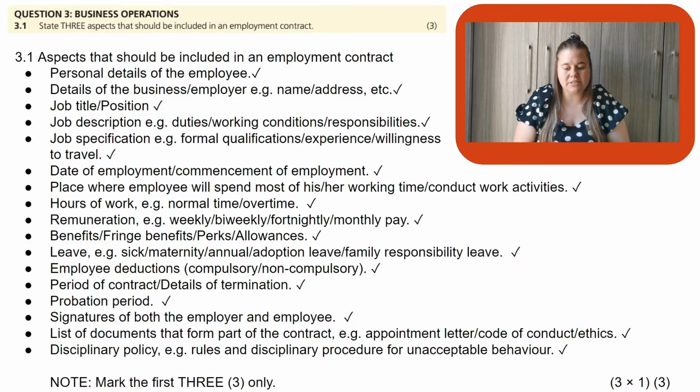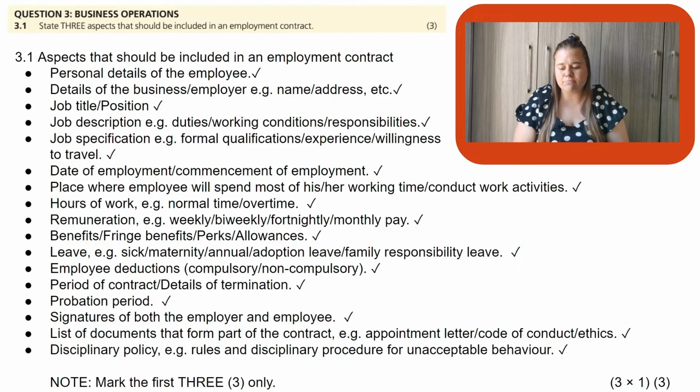We need the details of the business, like the name and address, the job title or position, the job description, so the duties and working conditions, the job specification, so formal qualification, experience, willingness to travel, so on, date of employment, commencement of employment, place where the employee will spend most of their time working on work activities, hours of work, remuneration, so will they be paid weekly, bi-weekly, fortnightly, or monthly pay, benefits, fringe benefits, perks and allowances, leave,